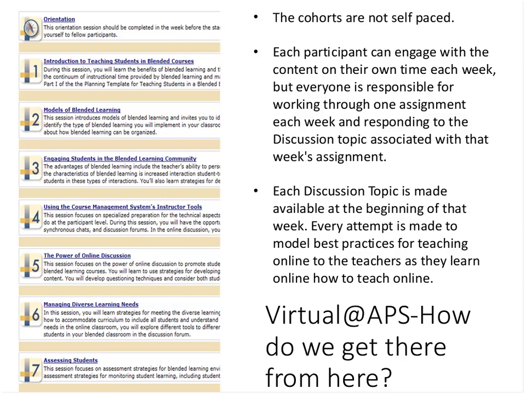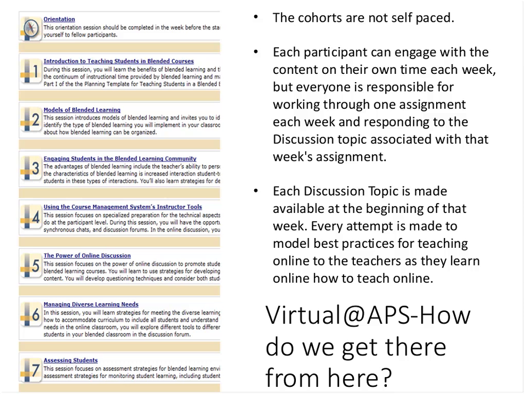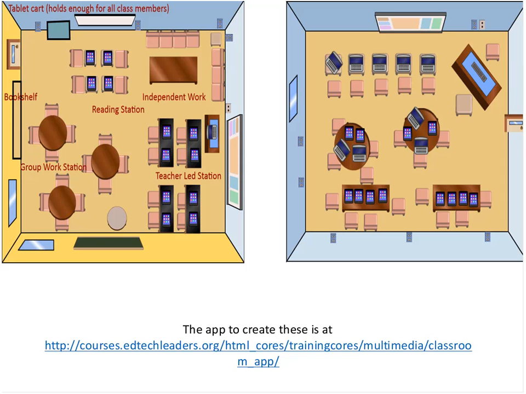So the final submission teachers have been working on all along is a unit plan in which they've developed a blended unit and lesson plans that support that blended unit. Now, let me just skip back here for a minute. Way back in session 2, in models of blended learning, the participants